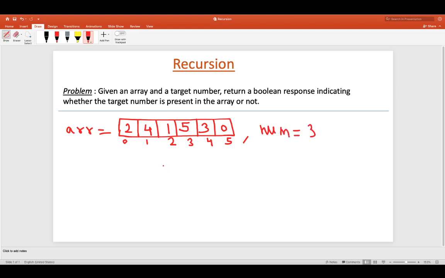Okay, so as you can see, the length of this array is 6. It has 6 elements inside it.